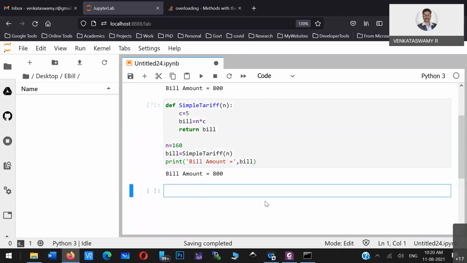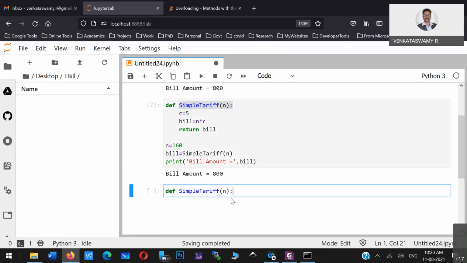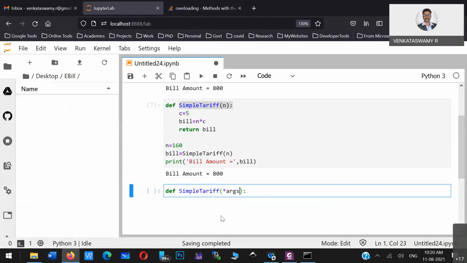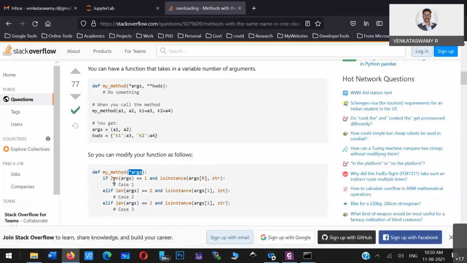So what they are trying to say is to define a function with arguments and the length of arguments. Based on the length of arguments, if the length of arguments is 1, then do something.